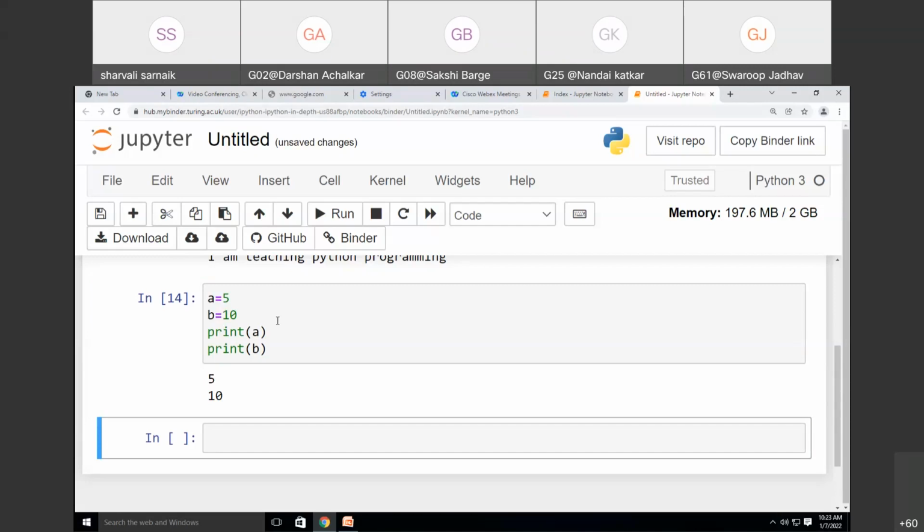So this is a way to write a program. If you want to retrieve any value which is stored inside a variable, then simply by using a print function, you can write A, that is the variable name. Don't use the quotes. Okay, this is one way.